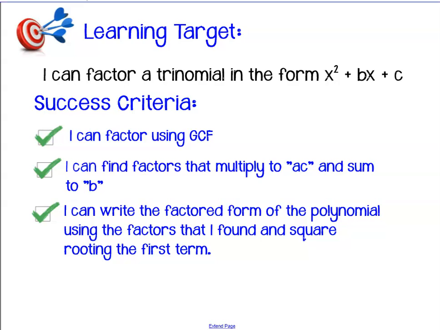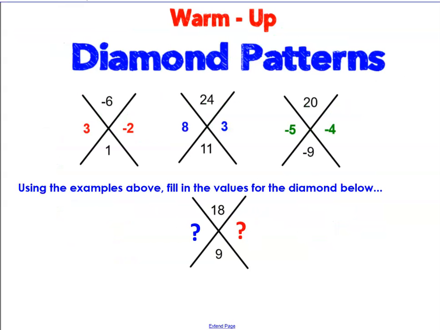So prior to this lesson, you practiced some diamond pattern questions that look like this. And you noticed that you could find two numbers that had a product of the top number in the diamond, but a sum of the bottom number. A product of the top and a sum of the bottom. So when we practiced at the end of last week, these two numbers that we found are going to be